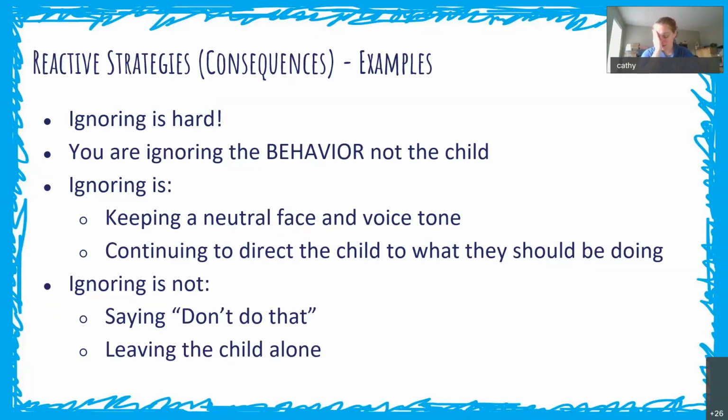if he takes off all his clothes at the mall, I can't ignore it and just keep telling him neutrally to put his clothes back on. The police would probably get called. So you want to think about what's also functional and that you can use across settings. And so something like hitting, again, I can't ignore hitting. I can move myself. I can move his brother if he's hitting his brother. But that's why something like self-injury, an extinction, you really want to be planful about that,